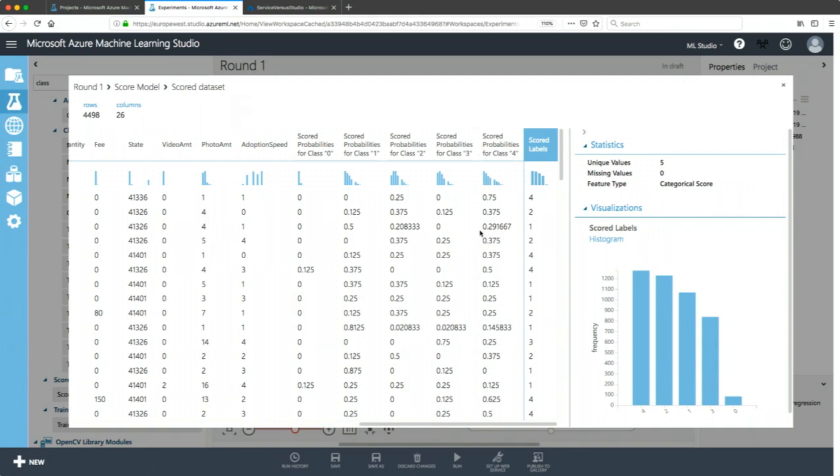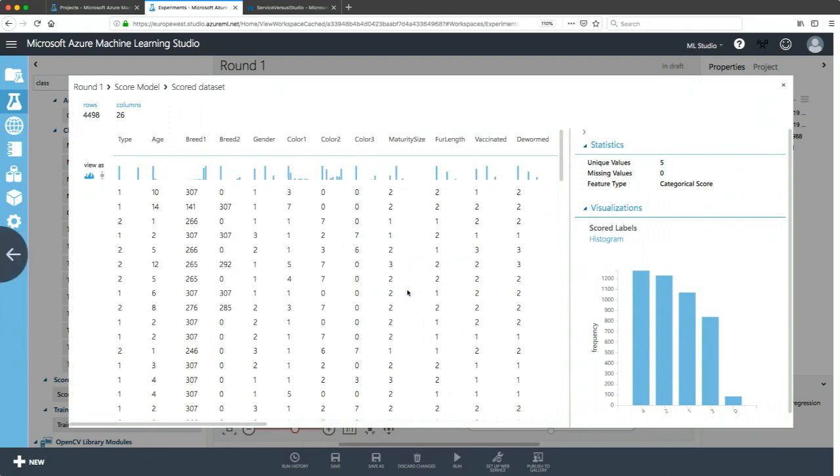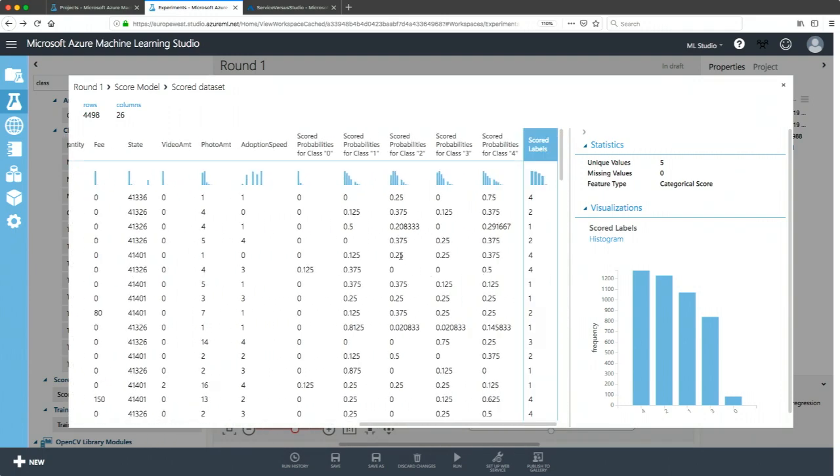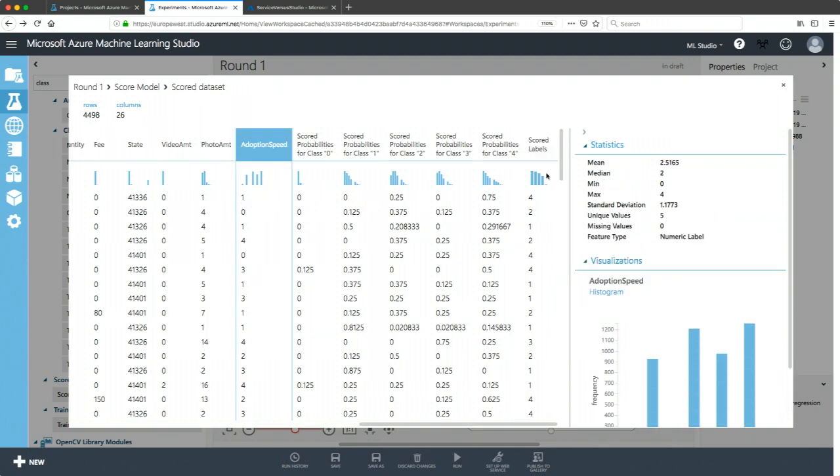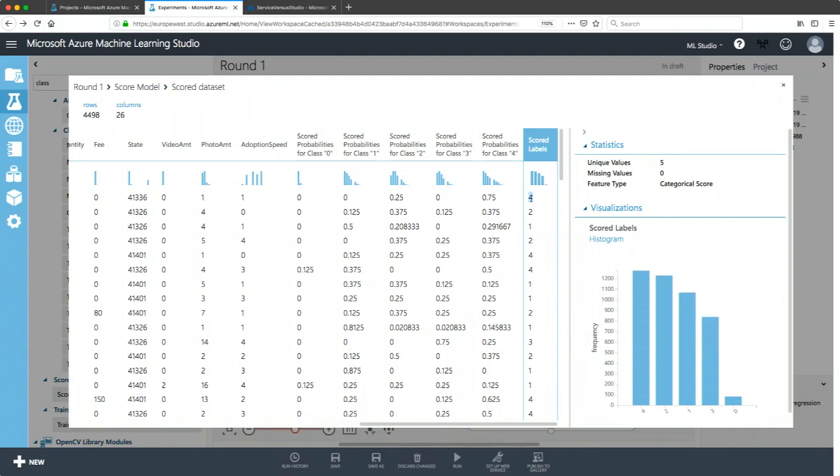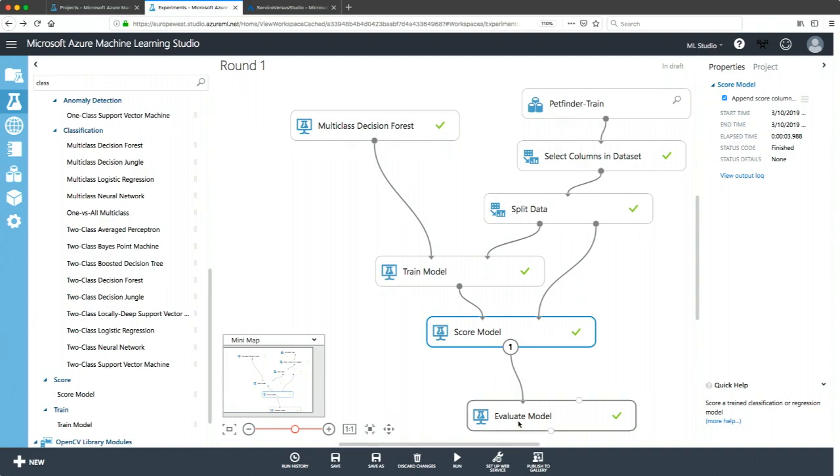This is all fine and dandy, and we can see the adoption speed here for, which one is this? It's a cat, so it doesn't matter. The adoption speed here is 1, and our model predicted it to be 4, so it's obviously wrong, but we don't know how wrong. So we would like to be able to evaluate this.